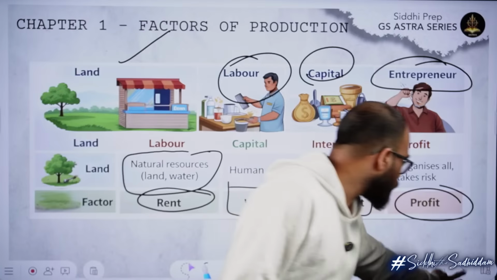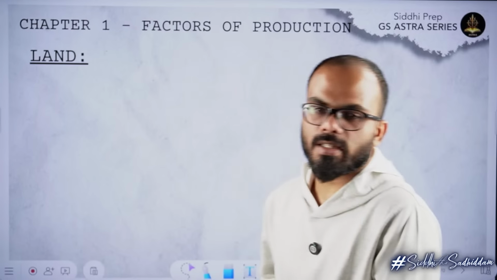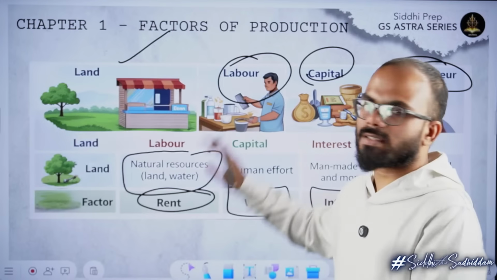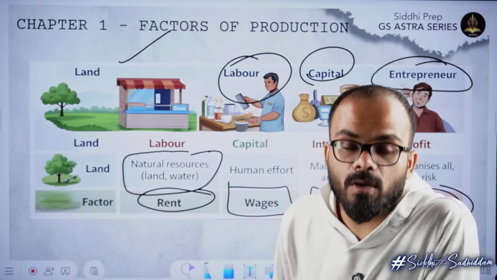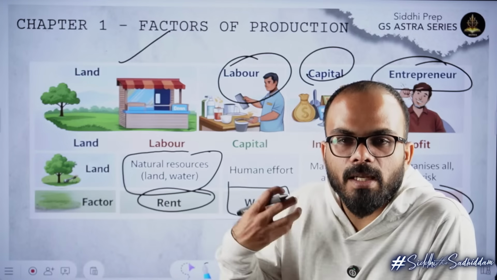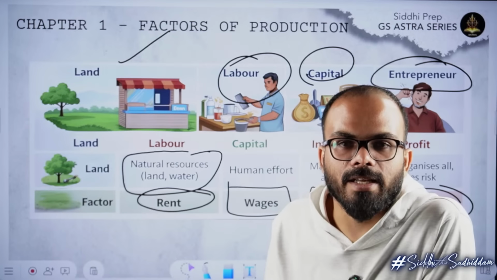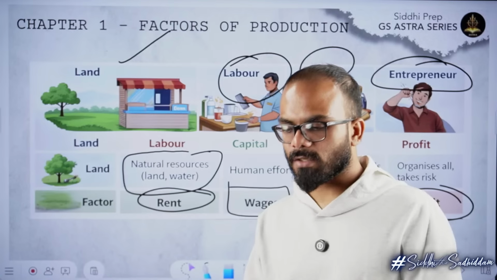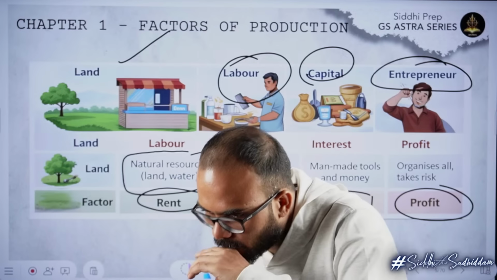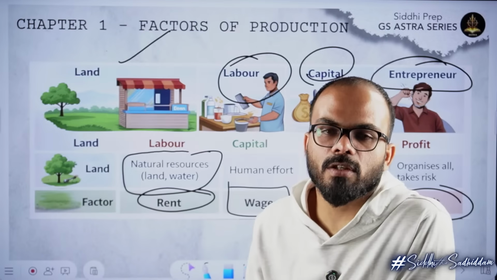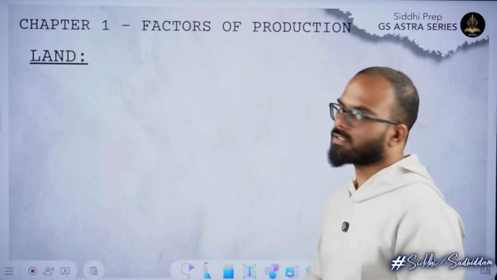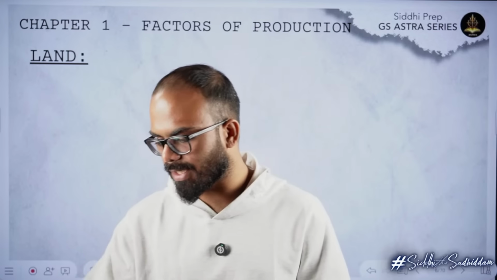So when you have all these four things together, when you have land, labor, capital and organization, when all four of them are together, then we can produce anything that is necessary in an economy. Now we will pick up each of those elements in detail and we will discuss whatever is needed for each of them. Now first thing that we have is land, right?